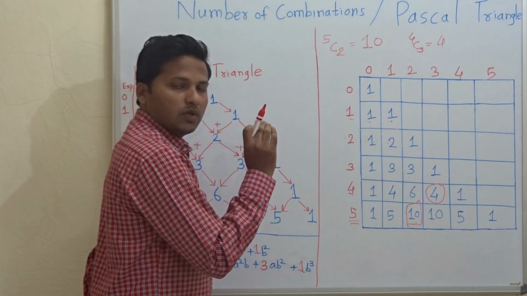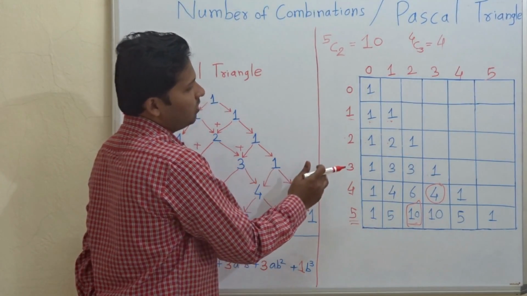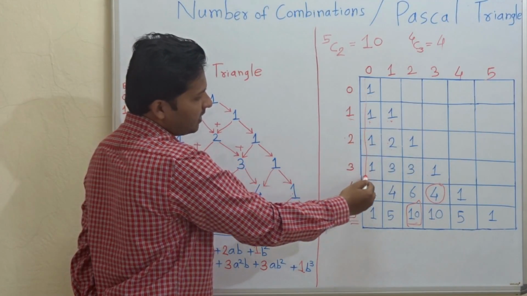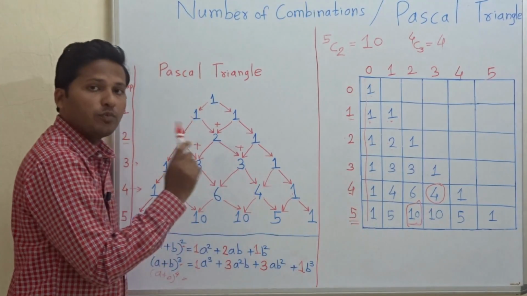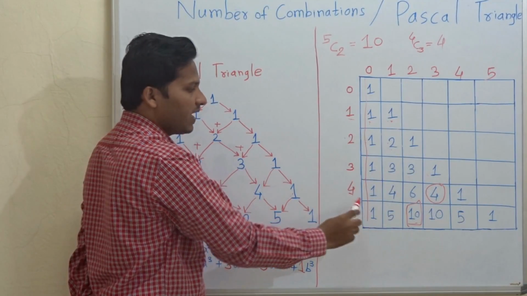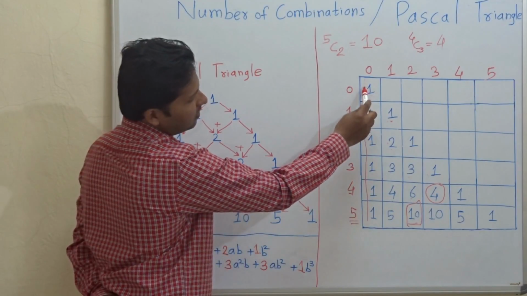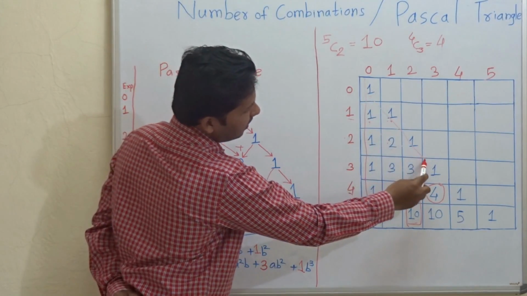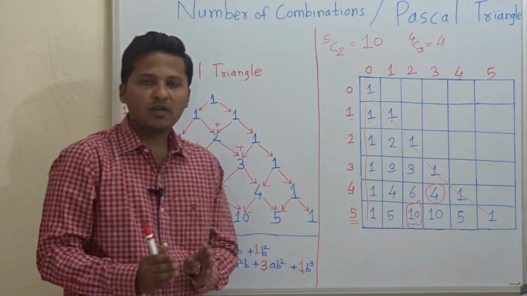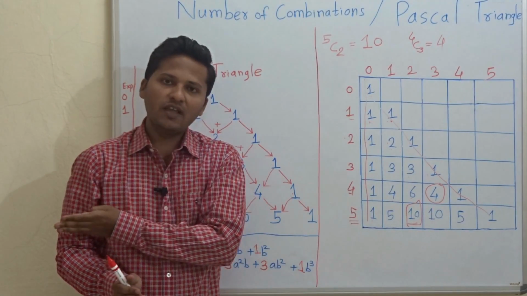Just without copying all the left sides, just go and write all the first column elements as 1. This is for programming purpose. Write all the first column elements as 1, and obviously all the diagonal elements are 1 as well. So while writing the program, just go for all the first column elements as 1 and the diagonal elements as 1,